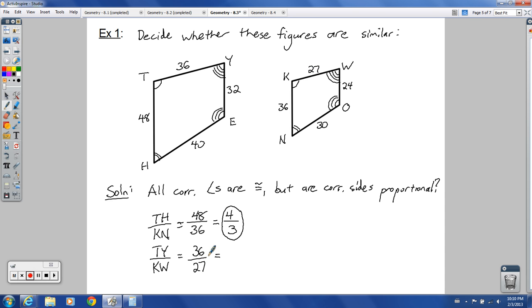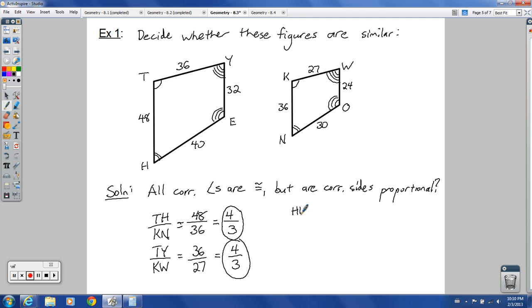Does this equal 4 over 3? Divide by 9. Divide by 9. Yep, it does. So we're good to go so far. We've checked 2 of the 4 sides here. If we had a pentagon, we would have to check 5 fractions. If we had a heptagon, we'd have to check 7. A dodecagon, we'd have to check 12, but we only have 4 here, quadrilateral, so we just need to check